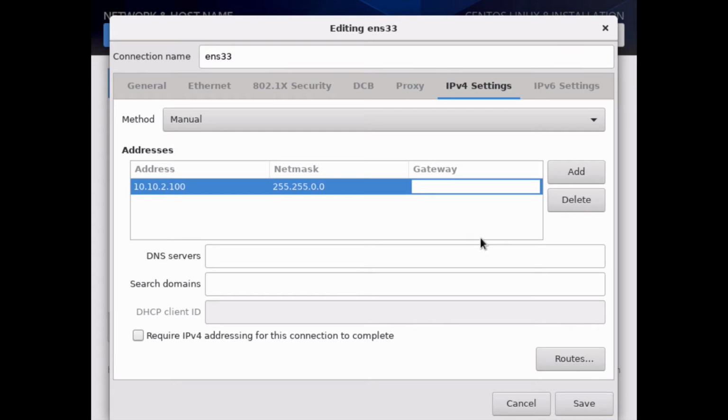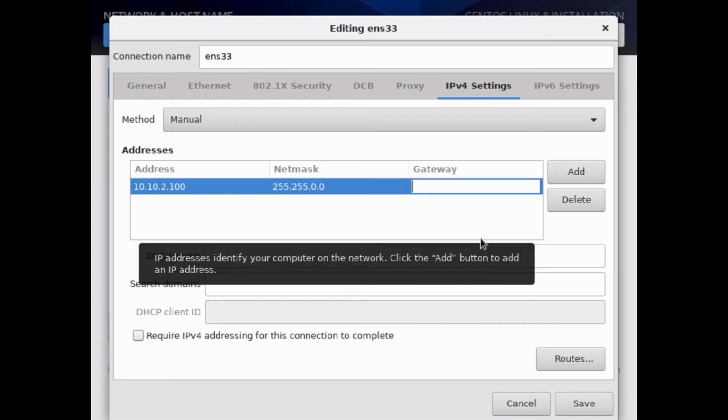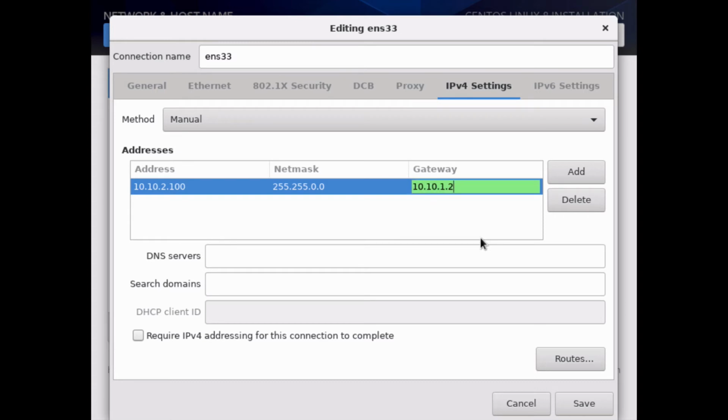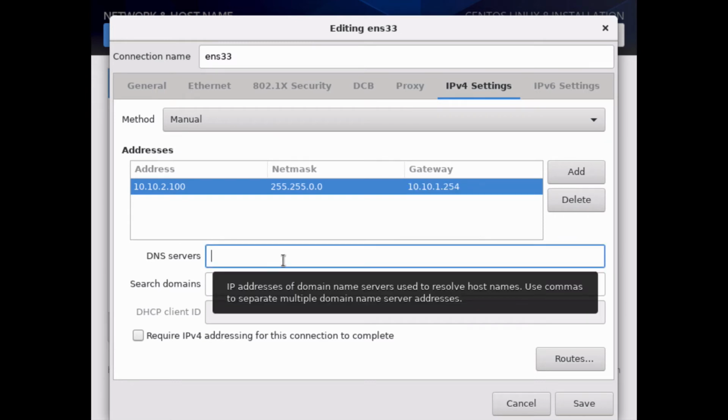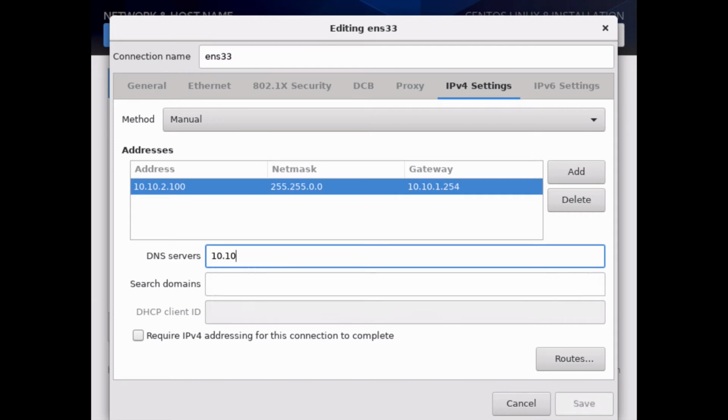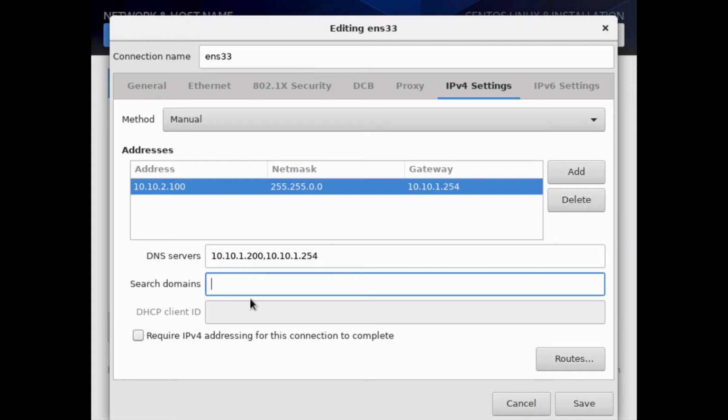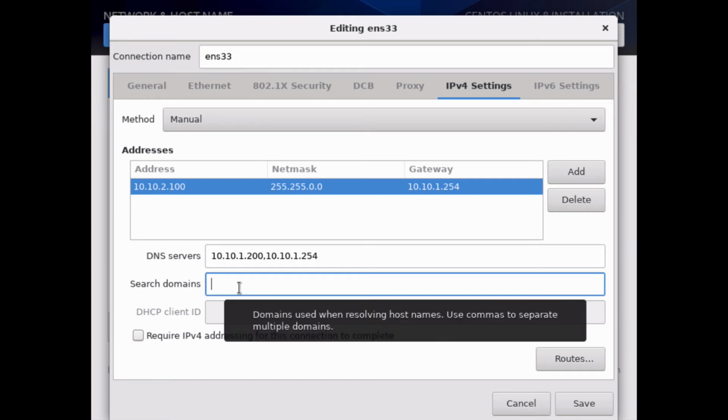Gateway typically is your router for your home network, or it'll be the switch that's located in your building on a larger network. Switch over to the DNS servers. You can use internal or external. I happen to have 2 internal DNS servers. And if you want to add any search domains, like whatever your domain is, whatever.com,